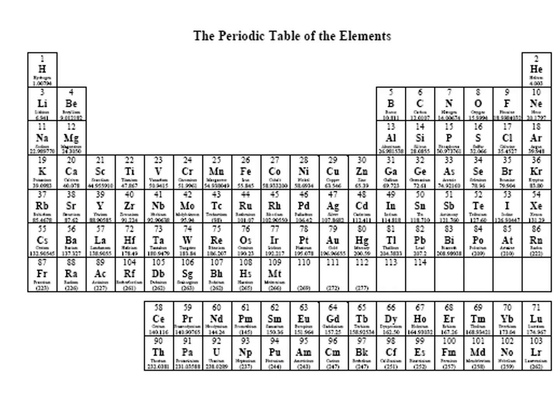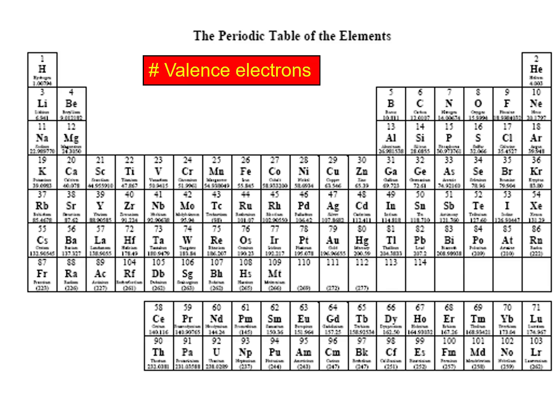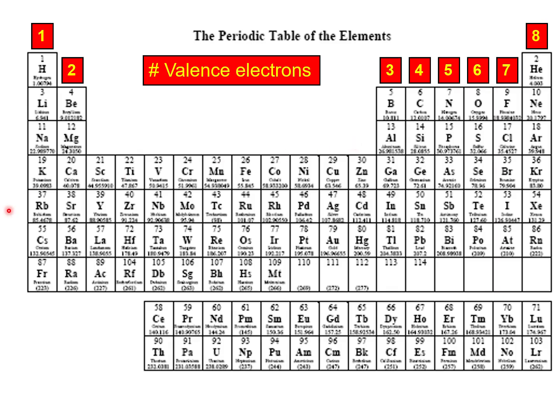So we've already seen that we can extract the number of valence electrons that an element is likely to have just from its position on the periodic table. This is just a reminder. So we go 1, 2, and remember all these guys in the middle, the transition metals, have 2 valence electrons, and that's because the s orbitals that precede them are at a higher energy level. And then 3, 4, 5, 6, 7, and 8, except for helium, which only has 2 electrons in the first